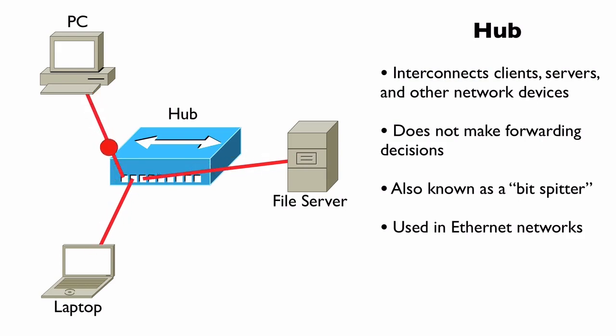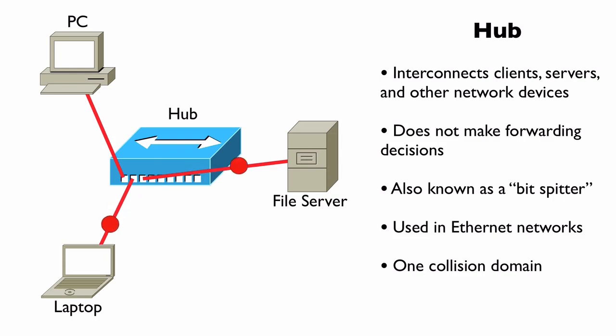Also, something to understand about a hub is that we're dealing with a single collision domain. All of the ports on this device belong to one collision domain. Let's remind ourselves what a collision domain is all about. If a PC wants to transmit on this shared Ethernet network, what it's going to do is use an approach called CSMA/CD, Carrier Sense Multiple Access with Collision Detection. It's going to listen to the network to see if anybody's talking at the moment, because we can only have one packet at a time on this shared Ethernet segment,